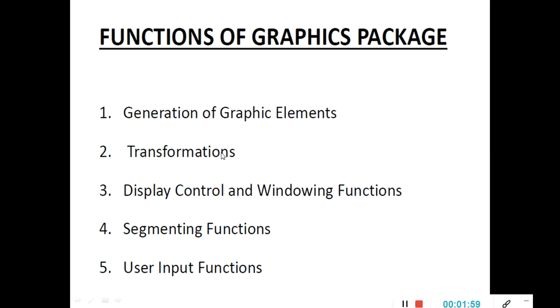Second one is known as transformations. The different transformation tools are going to be used. For example, it may be scaling, rotation, or moving from one place to another place. So the transformations are utilized for increasing or decreasing the size, moving the component from one point to another point, and giving rotation to the element. These are the different transformation elements which are used with the help of a graphics package.